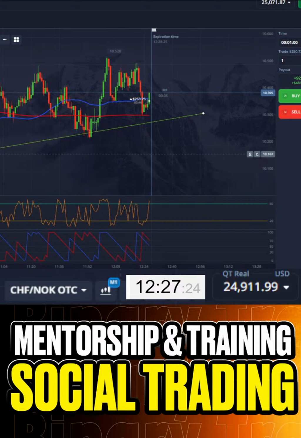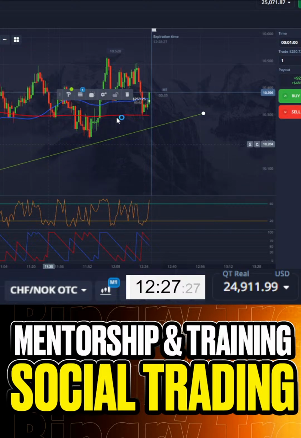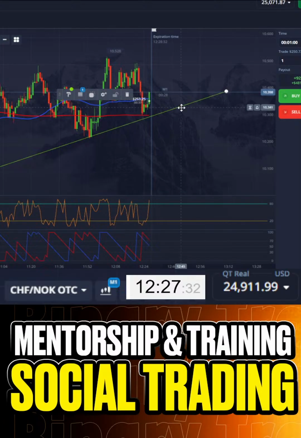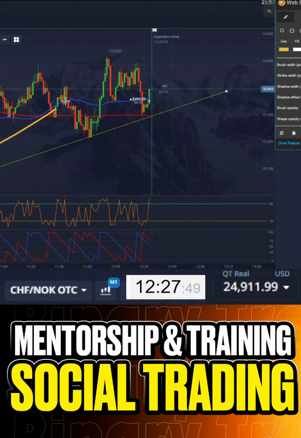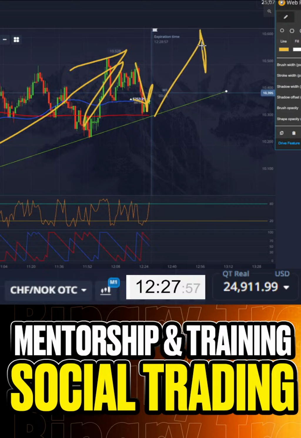Trend line, yes, like I've told you, you can just draw it like this, right? You can see that it's an upward trend and there was a correction, and right now we just pulled back and go up. Why so? Because the trend direction is upward, right? My friends, you need to know: upward trend, this is the correction, and here is the entry point to buy in the trend direction.